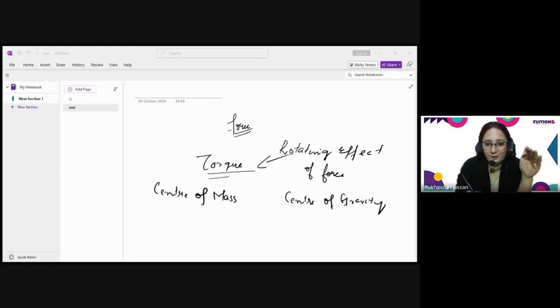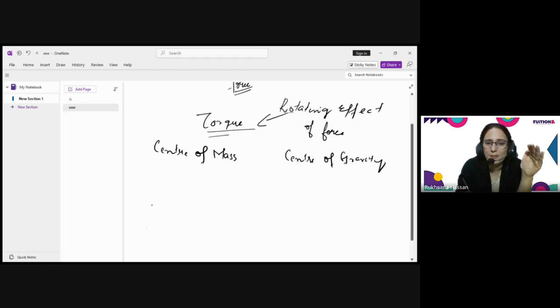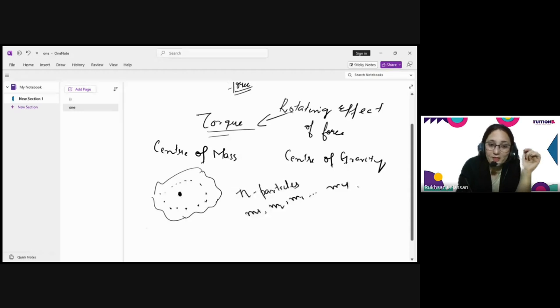Where the whole mass is concentrated. Like for example, this is a body, some solid body, and this rigid or solid body is made up of a number of particles. So it is made up of n number of particles, and each has mass m1, m2, m3, and so on to mn. There is a point where